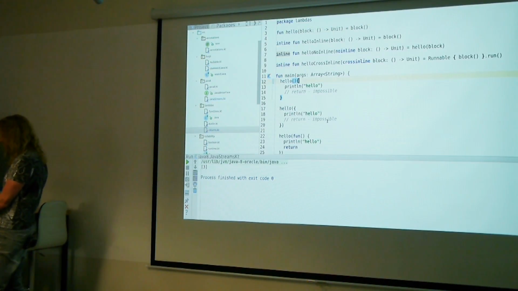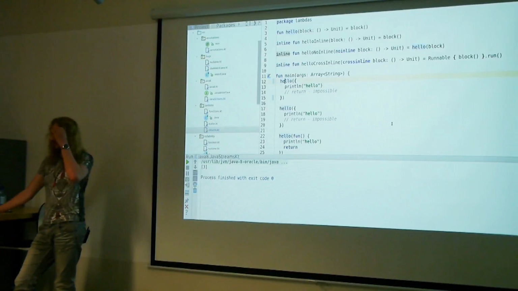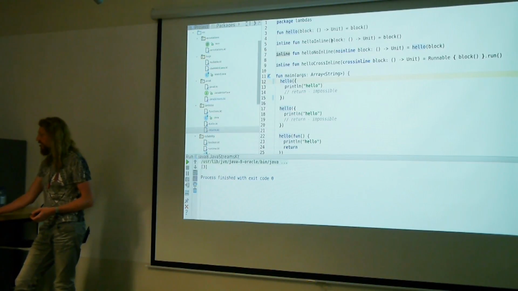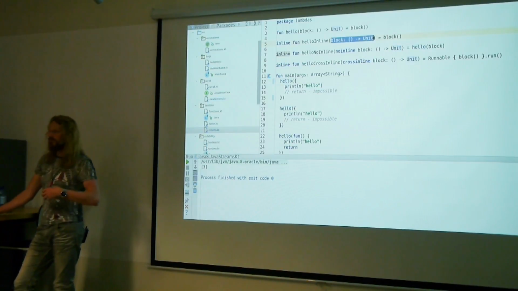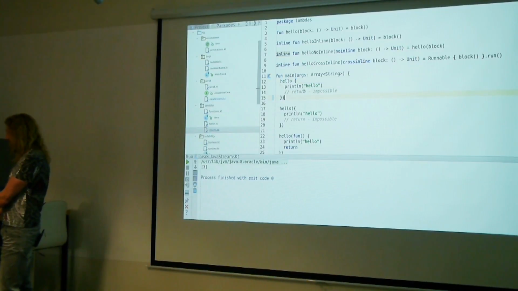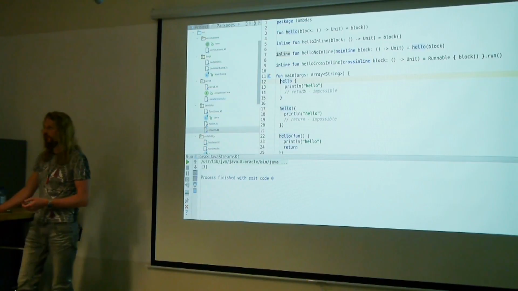So the thing is now there is a syntax sugar. Normally you would call this kind of code like this, and you can do that. But they introduced a special syntax for the last functional parameter of a function, so you can build DSLs. This kind of hello looks a lot like the DSLs that are usually built in Groovy.